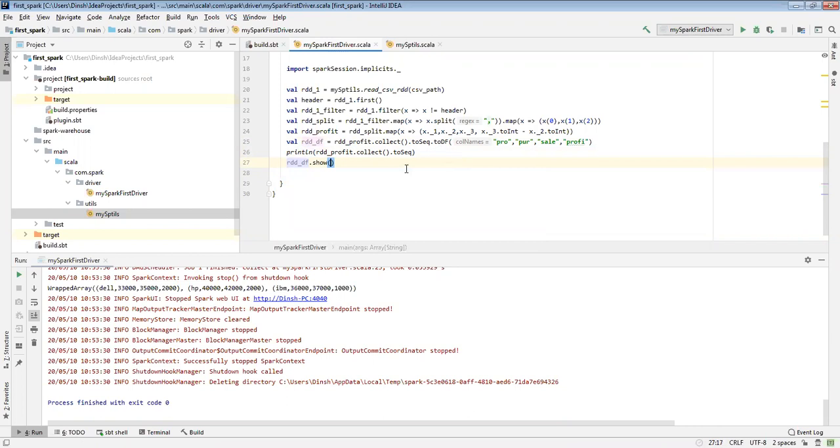Sure. Now I will run it. The same data set will convert to a data frame also.